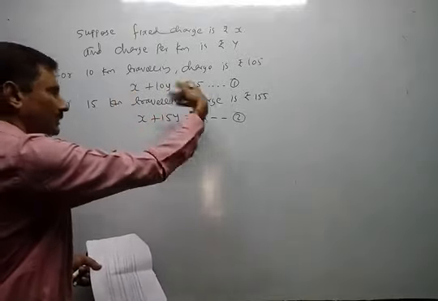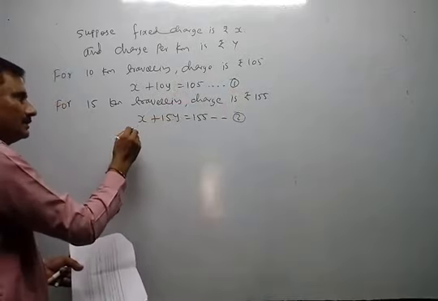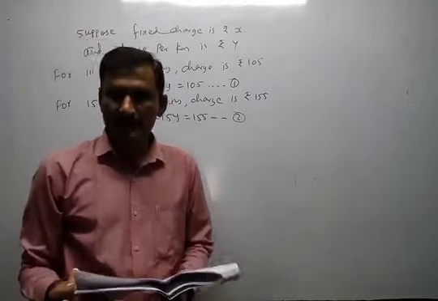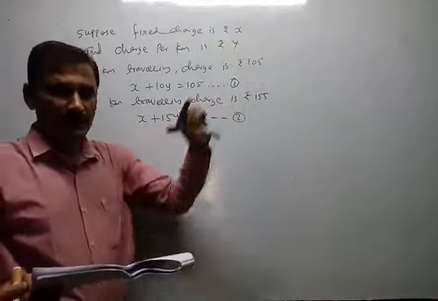Now you can very easily solve it. x equals 105 minus 10y. That x value will be placed here. Okay, so now I am just giving you this: what is the fixed charge, that means x, and what is the charge per kilometer in rupees, y? You will get x and y both.